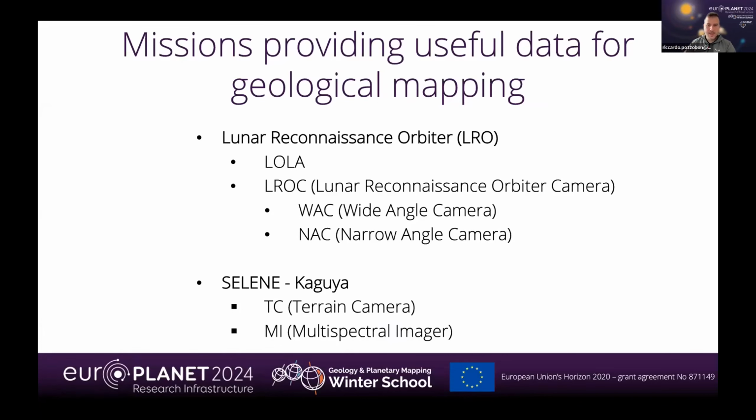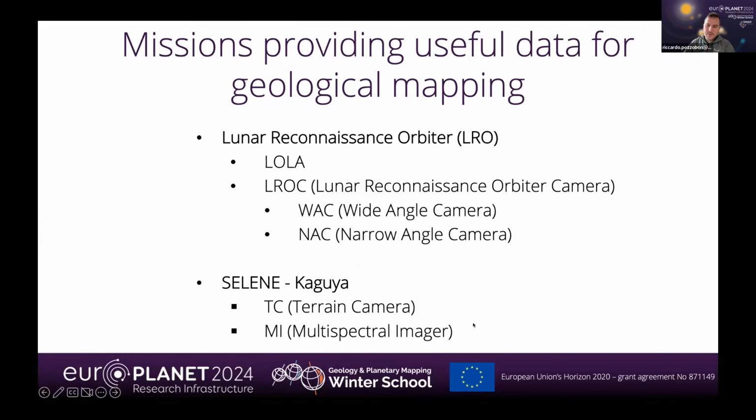the whole satellite. And then the LROC camera, which is the Lunar Reconnaissance Orbiter Camera, which is a package of two instruments, the WAC, which stands for wide angle camera, and NAC, which stands for narrow angle camera. You will see these acronyms all around planetary science, because they are very commonly used in many missions. Simply, how large is the field of view of a camera observing the surface of a planet? And together with the size of the field of view goes also the resolution. The narrower the angle of the camera, the higher the resolution